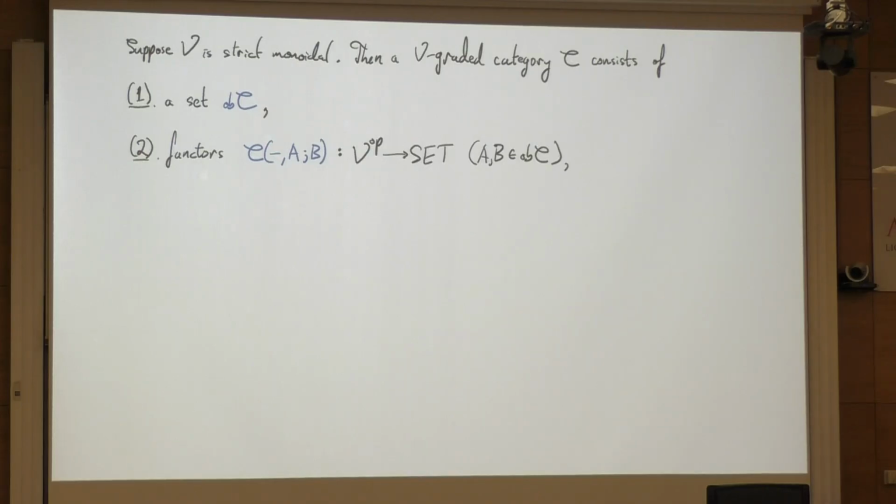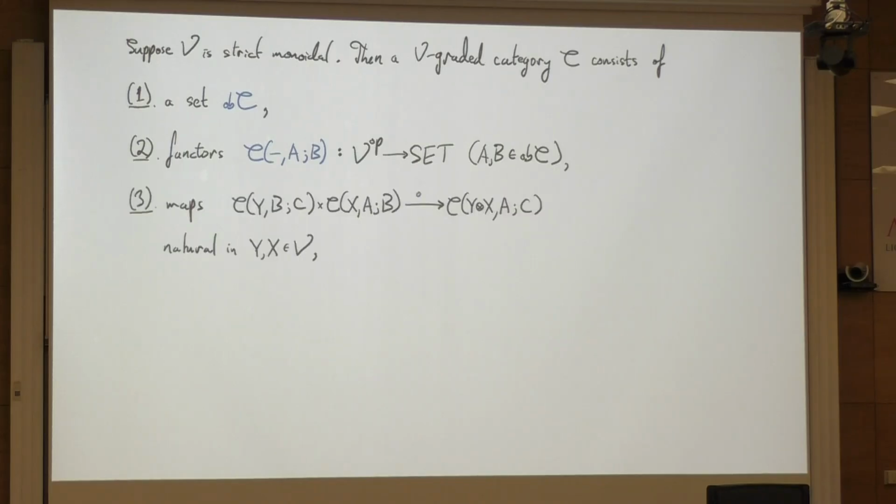But here I use a different symbol, which I call a tick, and I'll read it as tick, just because we'll see it's at times useful to distinguish it from a comma. So we can read this as script C blank tick A semicolon B, or just script C blank A B, and that's a presheaf on V valued in Set. And we know what the data for that consist of in more detail.